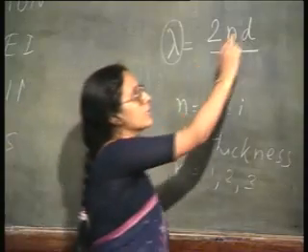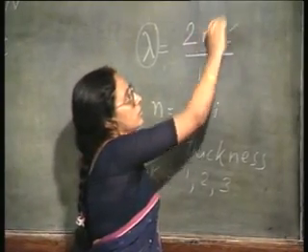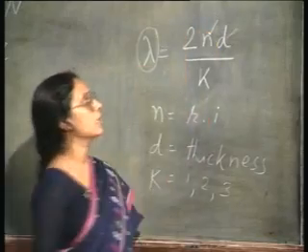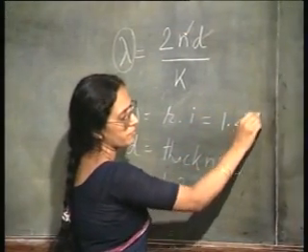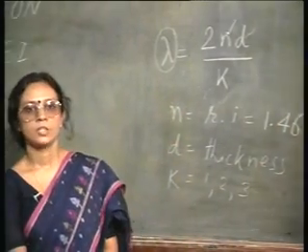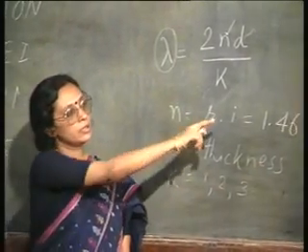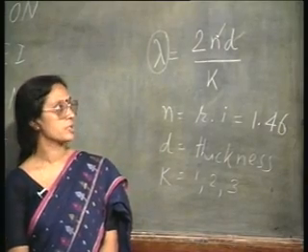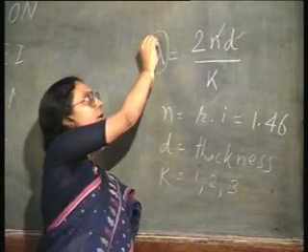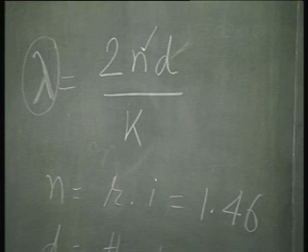Now, the refractive index of silicon dioxide is known, and that is 1.46. So, by using that refractive index value of 1.46 and looking at the color corresponding to the lambda,